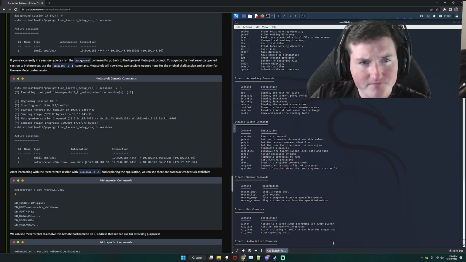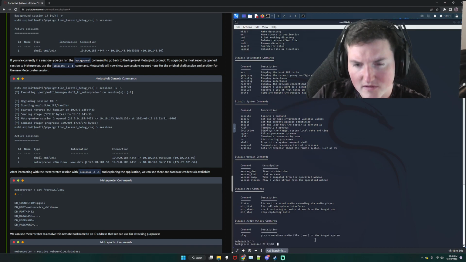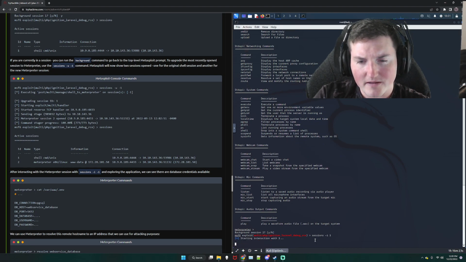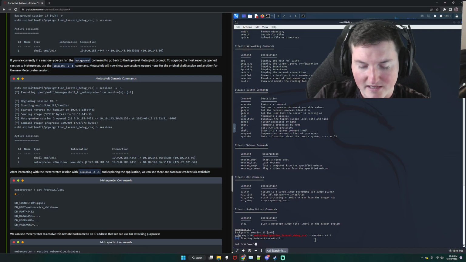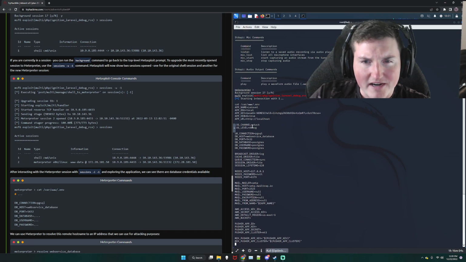So now, they wanted us to background that shell and go back to the original. So we'll do sessions -i and then 1. Now we're back in the original, and they want us to cat the /var/www/.environment file. The reason they do this is because in this .environment file we actually have some information. You can see right here we have